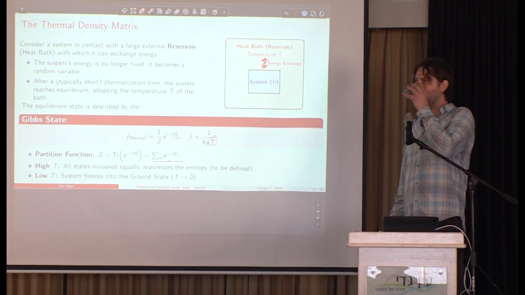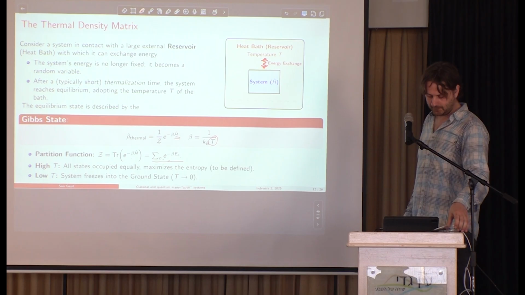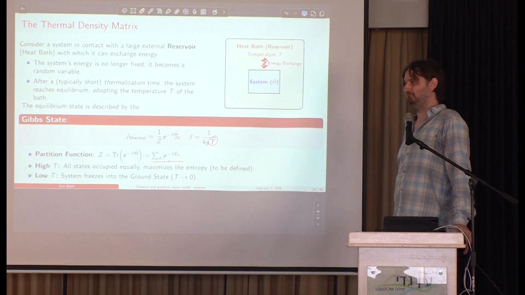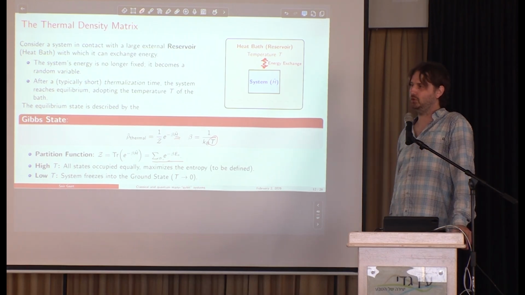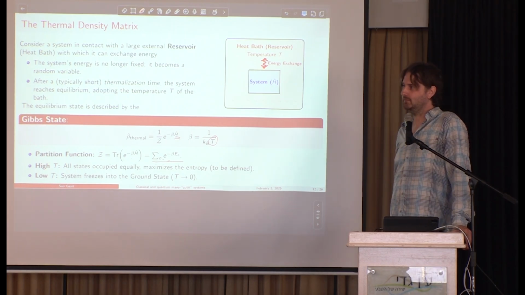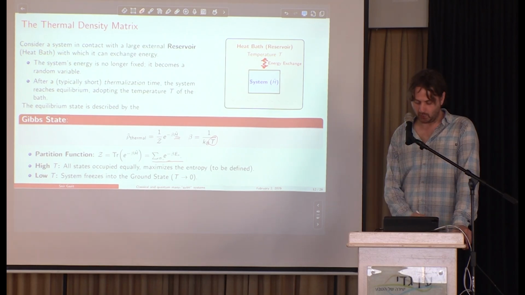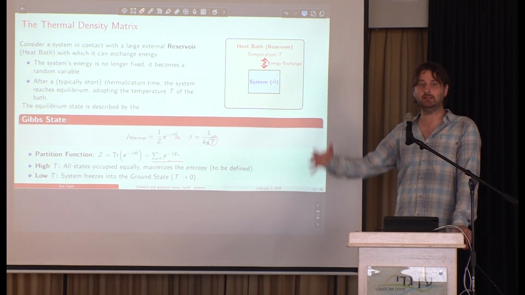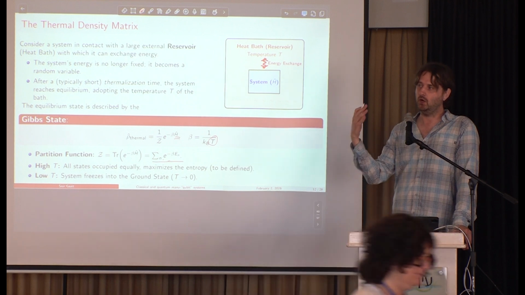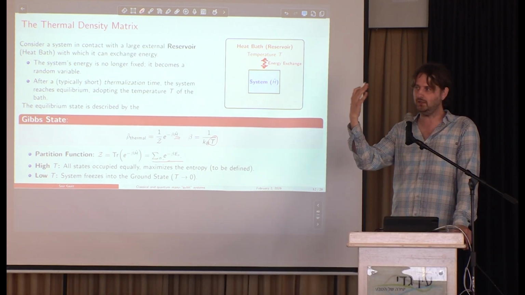If the temperature is infinity, this is e to the 0, which is 1, the identity. You get the completely mixed state. Precisely. So as was mentioned here, when the temperature goes to infinity, all the states are equally probable. There's no preference for any